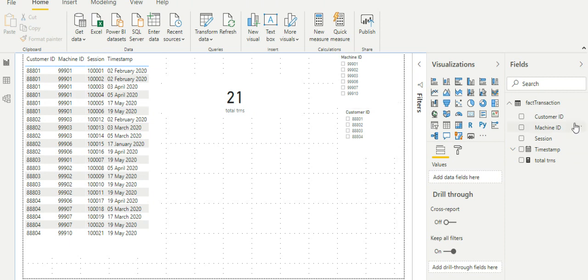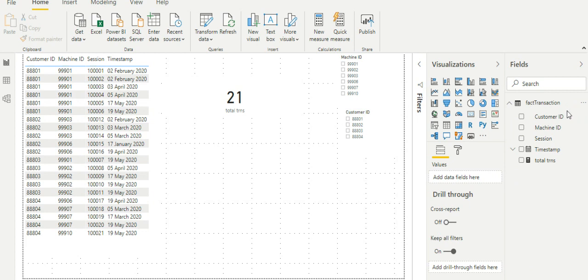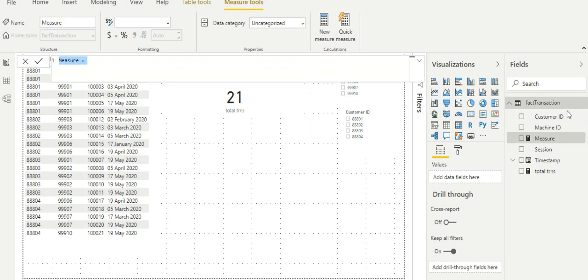Now, for our understanding, we first create a plain running total. As many of you might know, running totals are calculated using a simple formula, which will be as shown in the screen. Let me type it out.